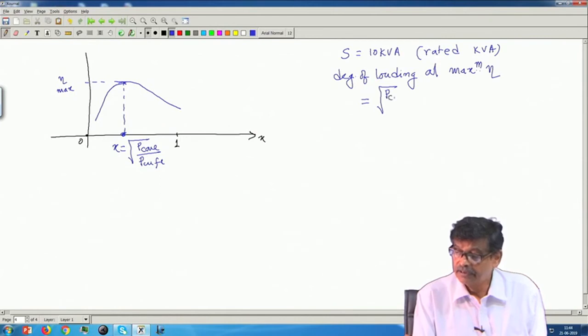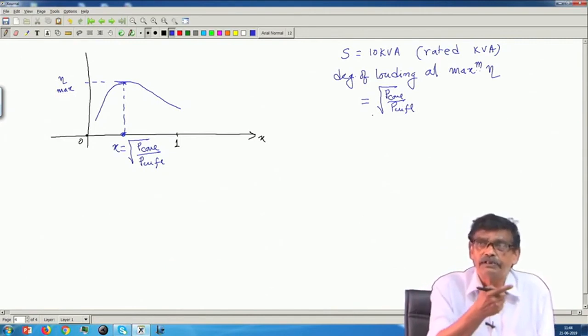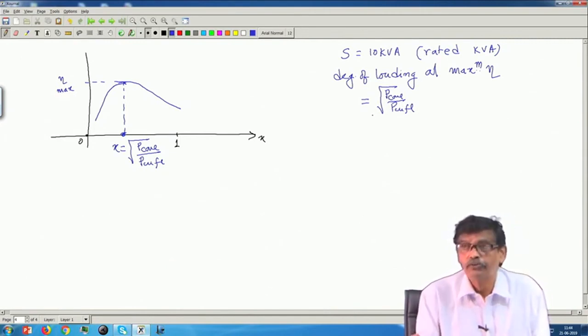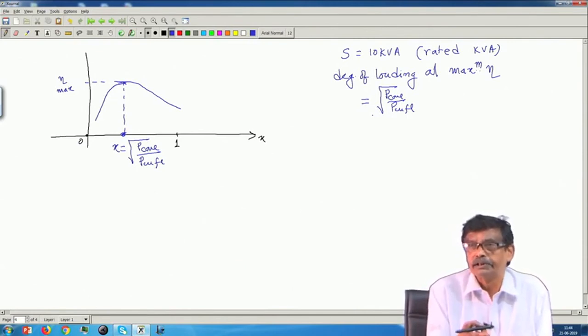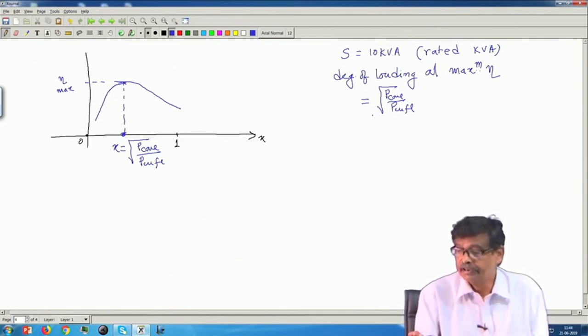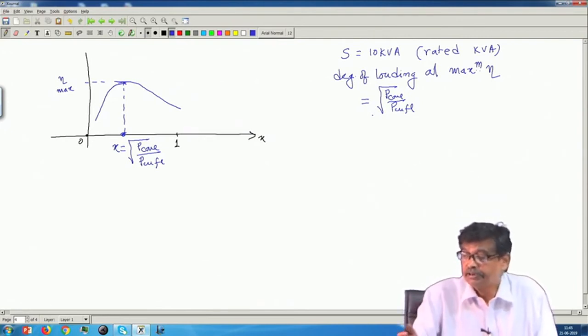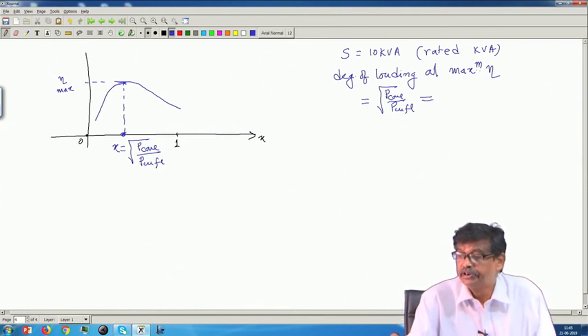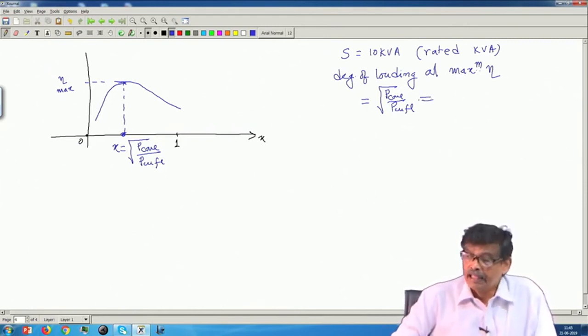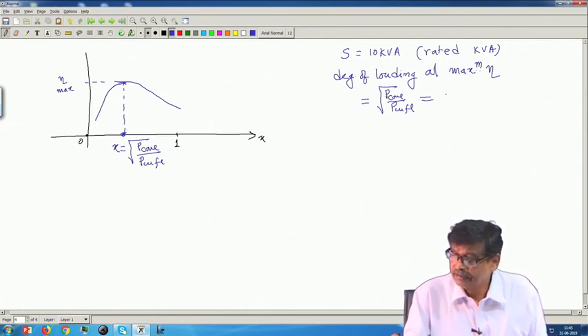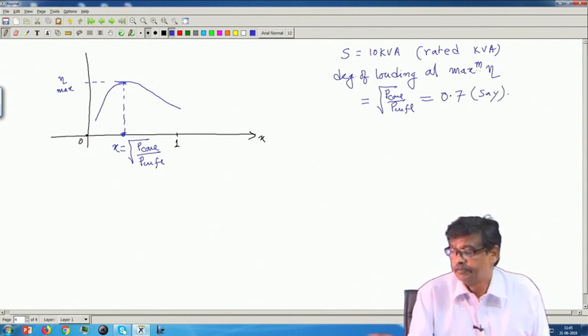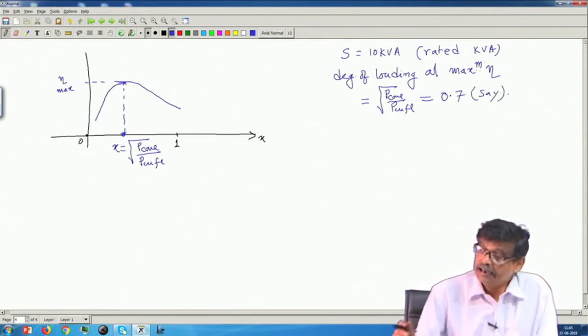You calculate from this P core by PCU full load. Do I know P core? Yes, from the open circuit test. Do I know PCU full load? Yes, from the short circuit test, wattmeter reading. Take the ratio, these are only two numbers with the same dimension, take under root, and it will return you a number. Suppose this becomes 0.7,